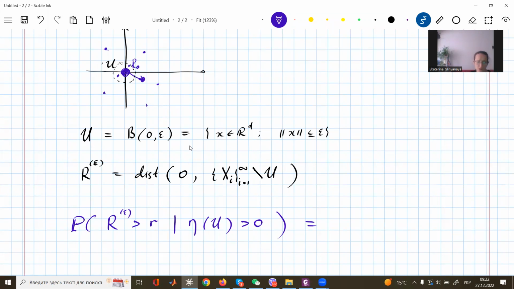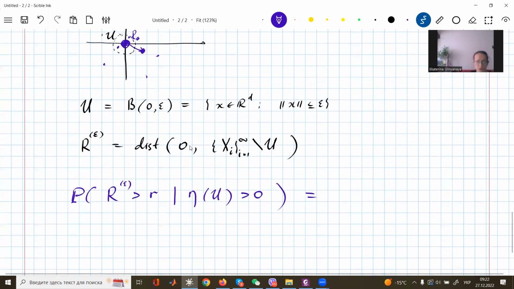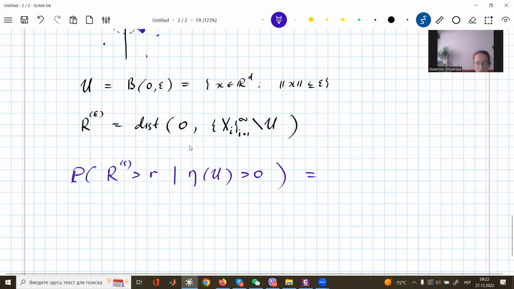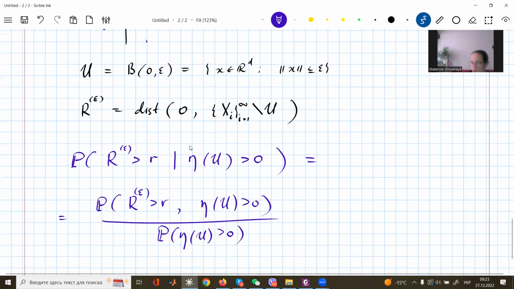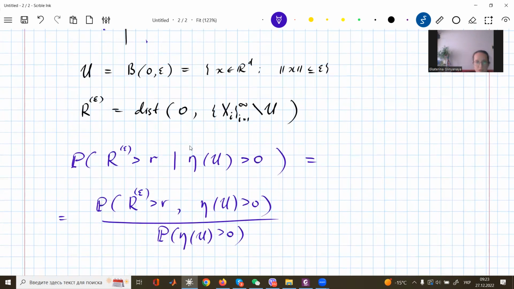Because now I can use the usual conditional probability and write it by definition. So I have two events, and here I write the probability that I have a point in U. Now the next step is that